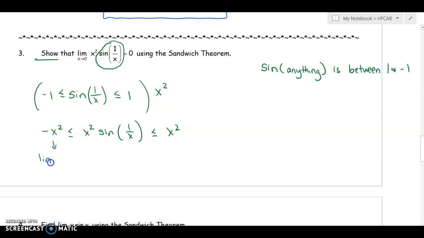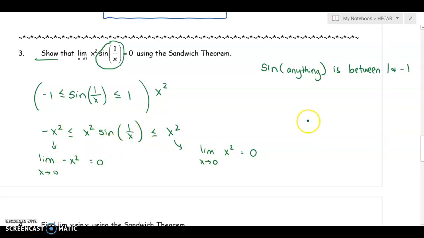If we do the limit as x approaches 0 of -x squared, this one you can just plug the value in, and you're going to get 0. So we know the limit as x approaches 0 of -x squared is 0. If we do this guy, the limit as x approaches 0 of just x squared, plug the value in, you're going to get 0. So by the sandwich theorem, because this function is sandwiched in between these two functions, and these two outer functions both have the same limit as x approaches 0,